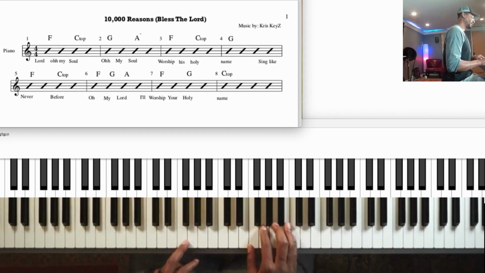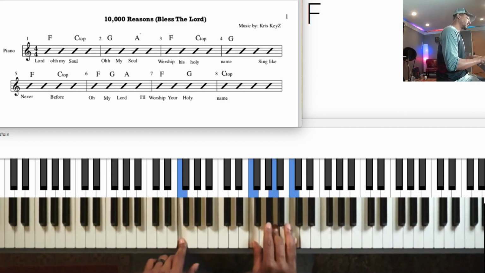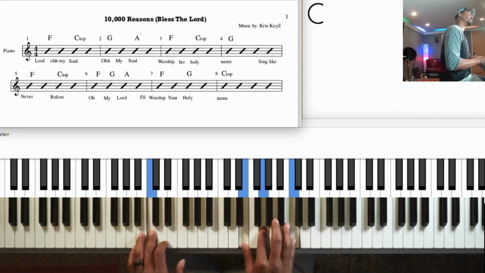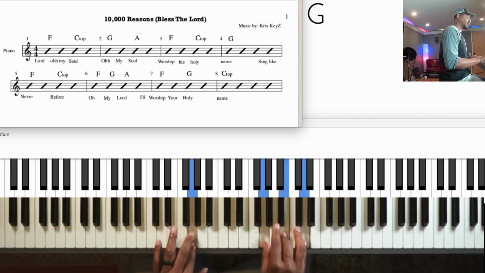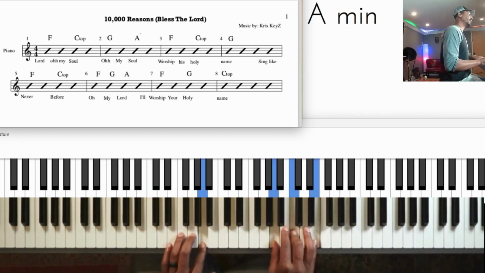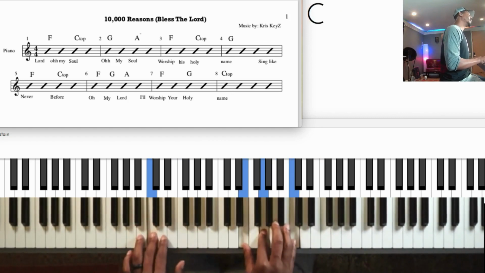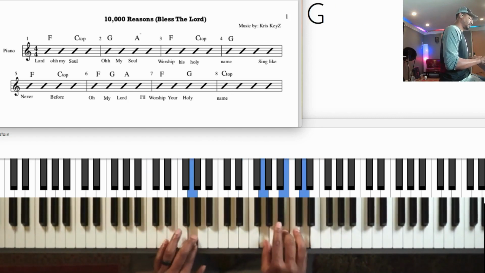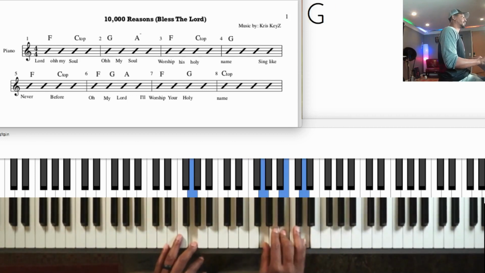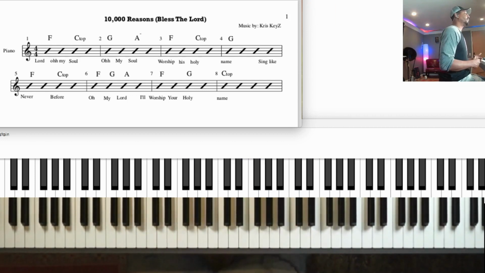So if we play the song with the rhythm, just that will help out, right? My soul, just playing to a rhythm, holy name, right? But what if we do that same thing and in between those rhythms we add one note and we're